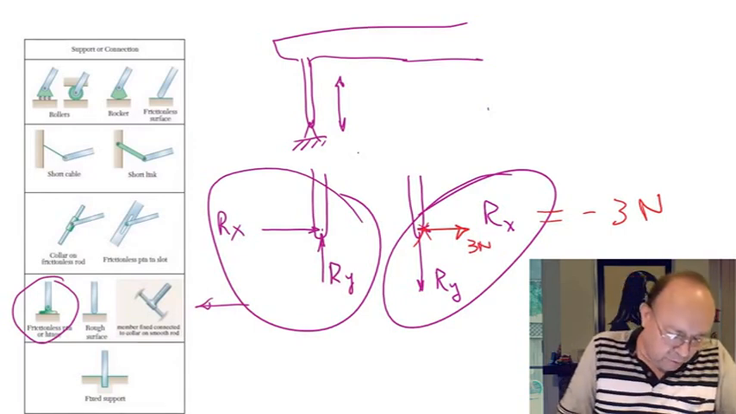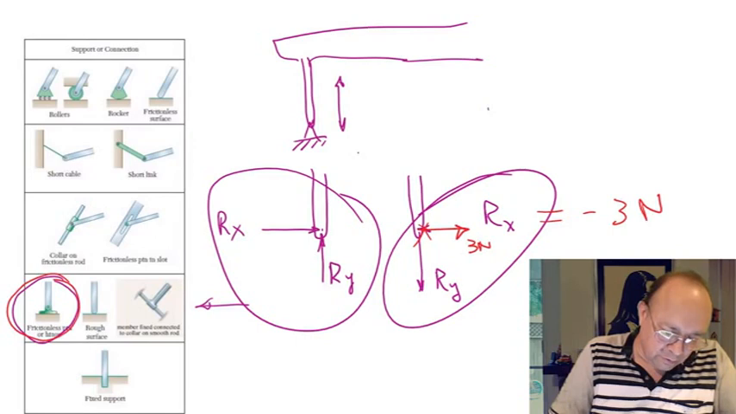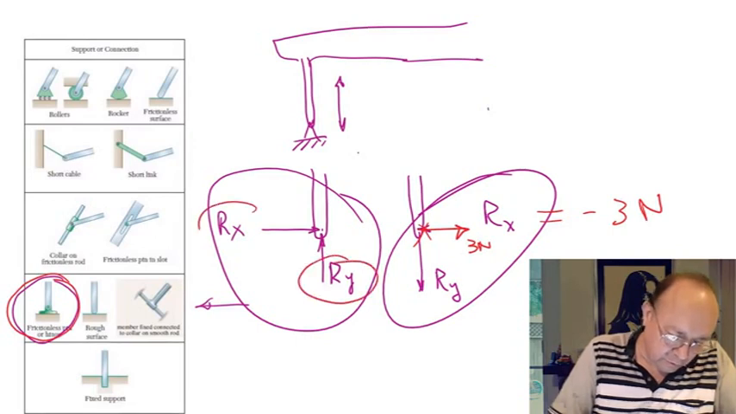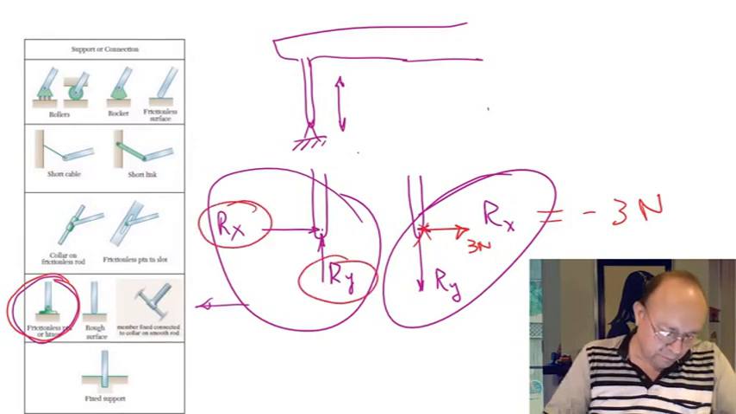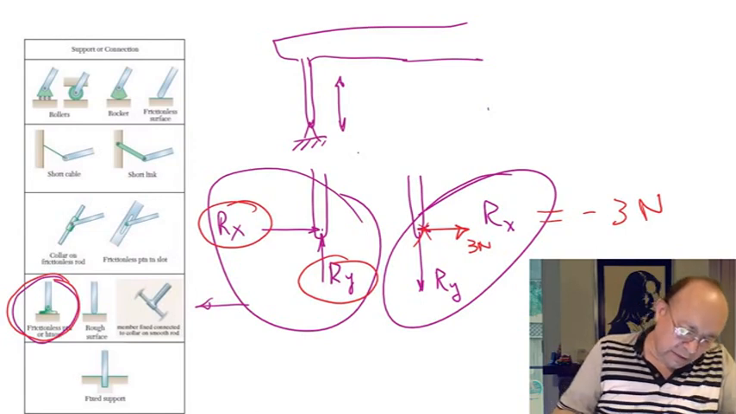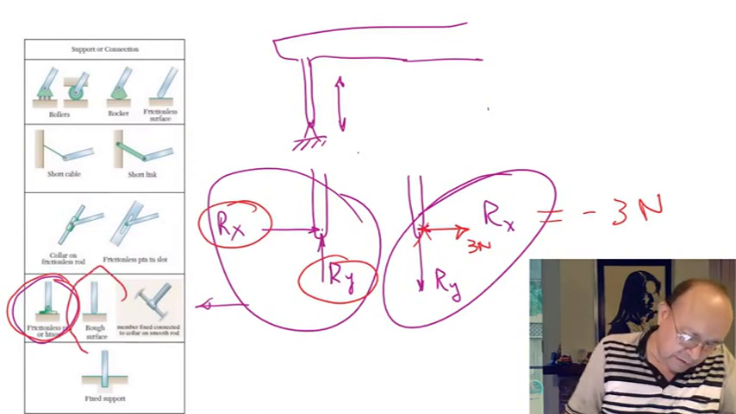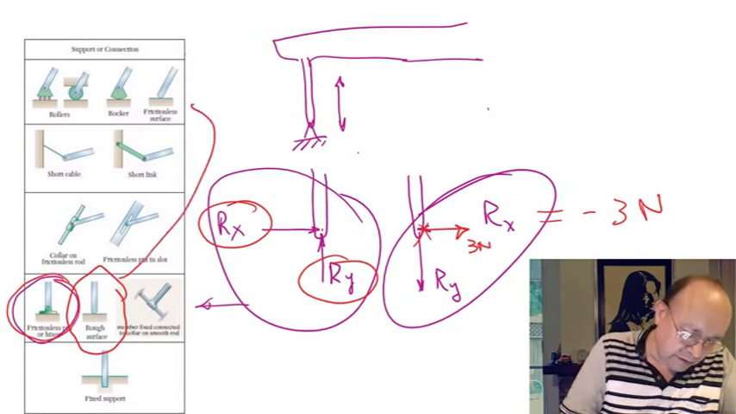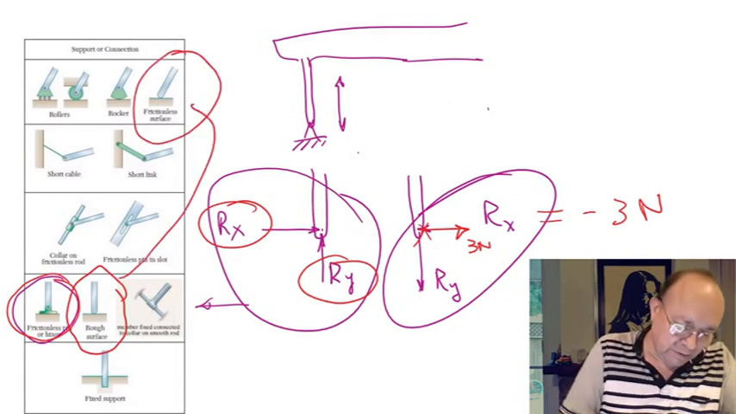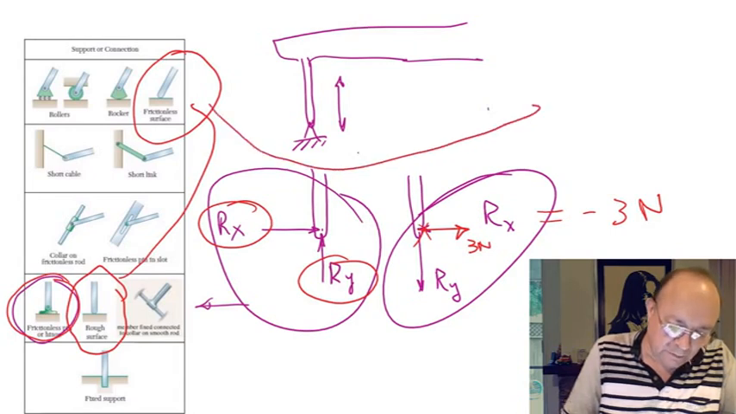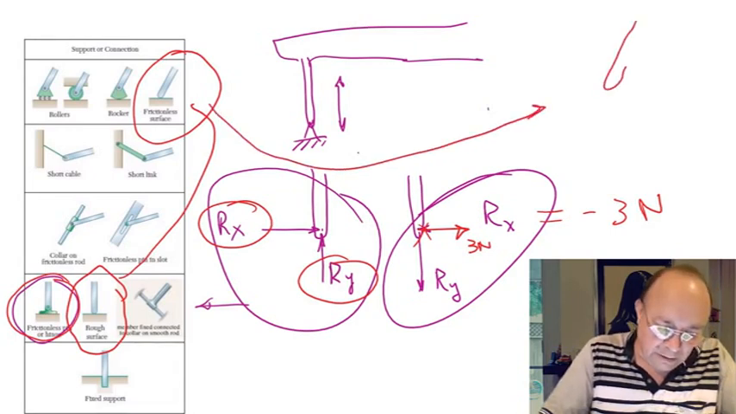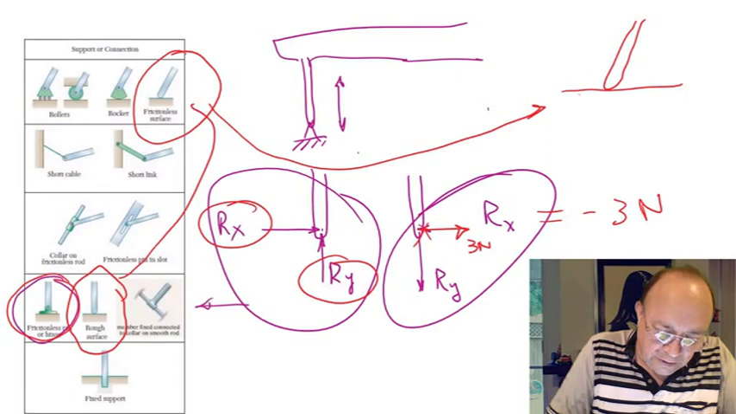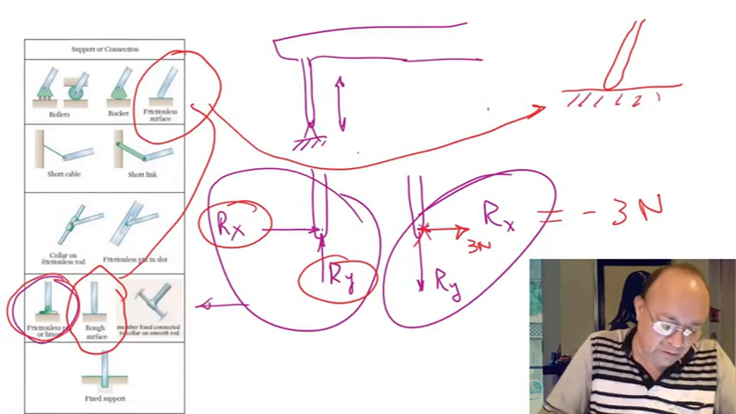So this is a support that has two unknowns. Now let's take a look at the rough surface. This is a surface different than this one. This one was a frictionless surface. So let me go back to the frictionless surface for one second. If you have a bar that is on a frictionless surface, no friction, a smooth surface,